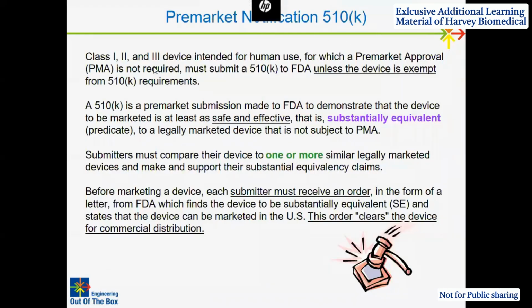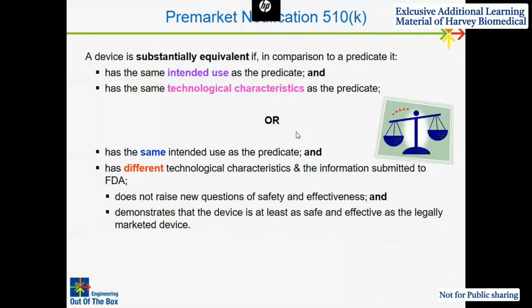And pre-market notification. As I explained, this is the similar substantially equivalent device or predicate devices in the market. Then only we can go ahead with the 510K submission. Coming to when we are going to substantially equivalent or predicate device, the intended use and the technology characteristics